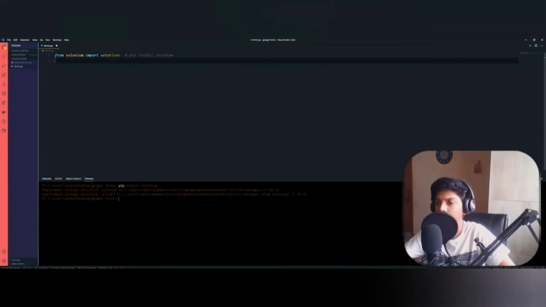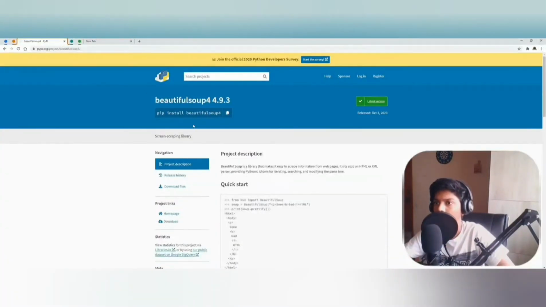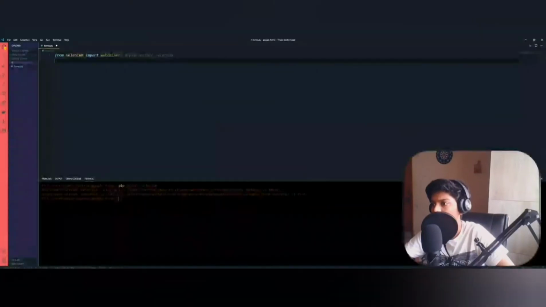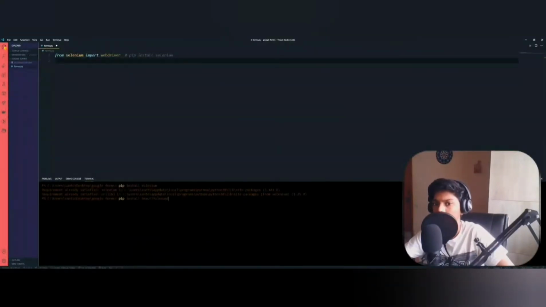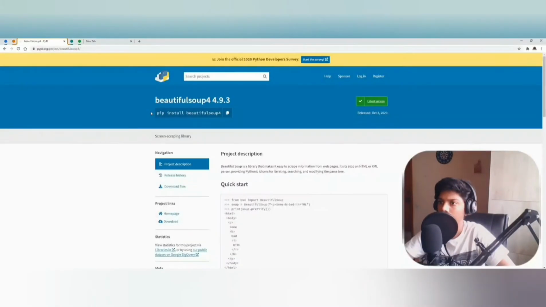The next one is Beautiful Soup 4, so you can install Beautiful Soup 4 by using this command. So let's import Beautiful Soup from bs4. The next one is the requests module.